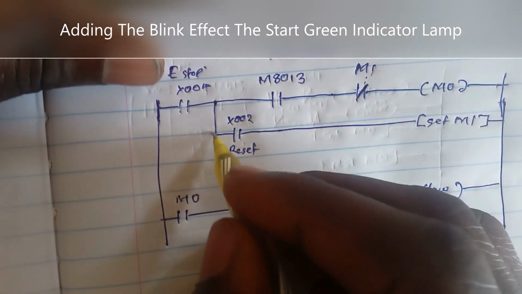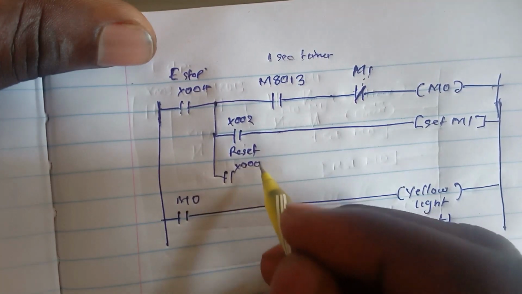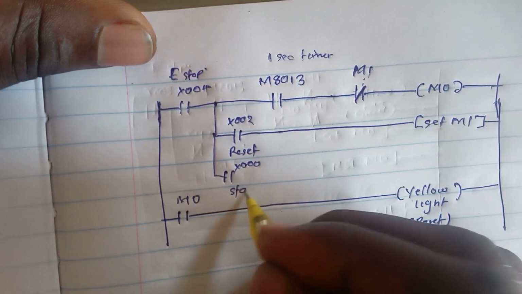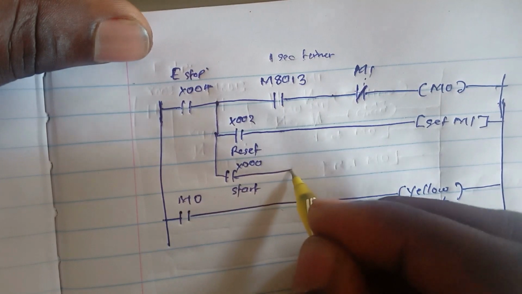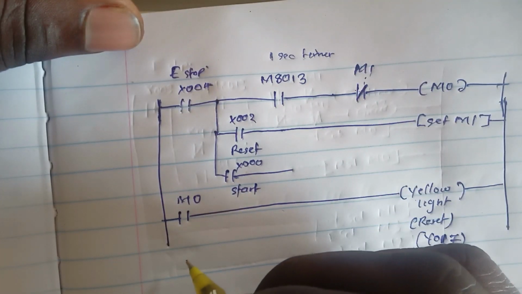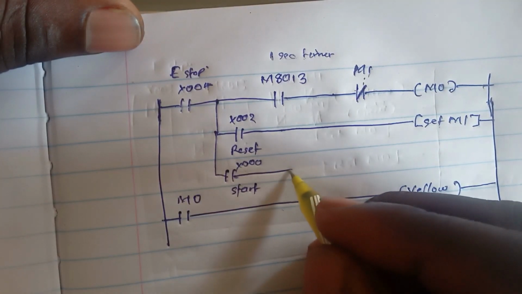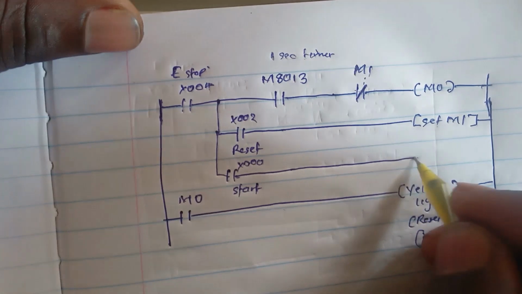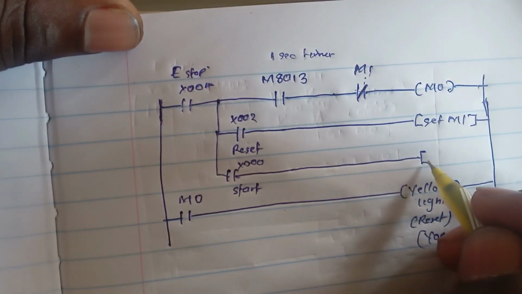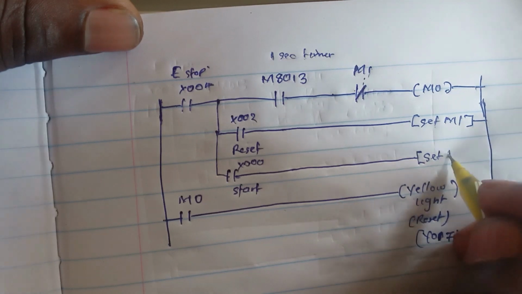The address is X00, which is the start button. Then what we need to start here, we can decide to set an internal relay M, set M2,